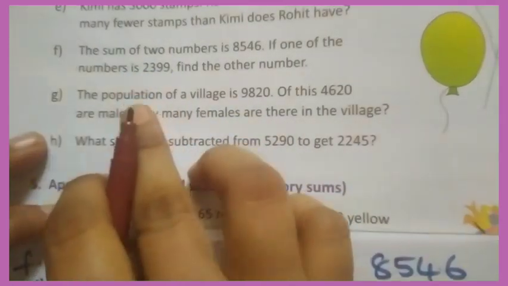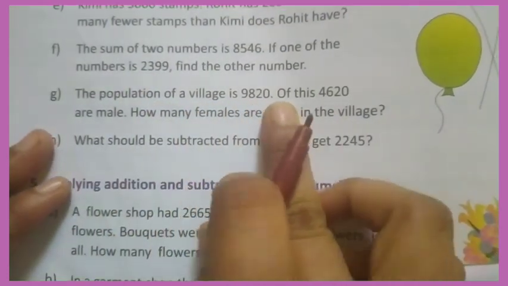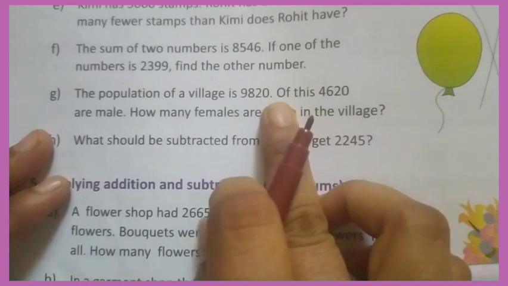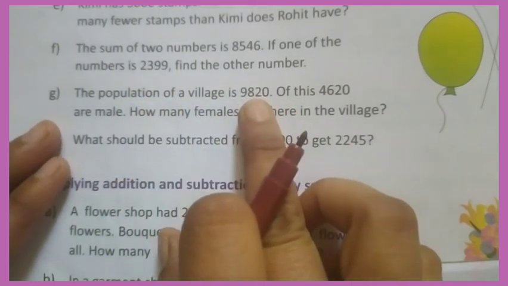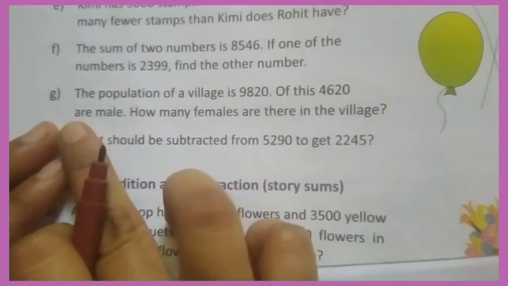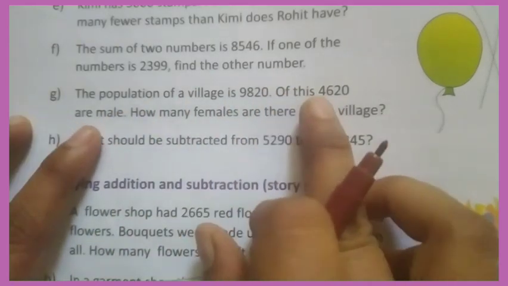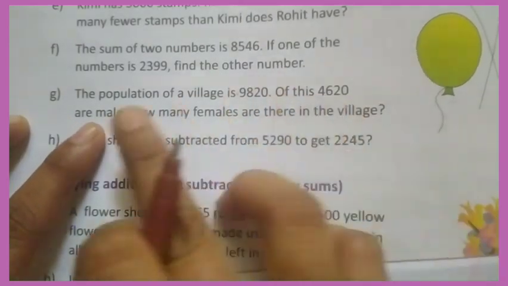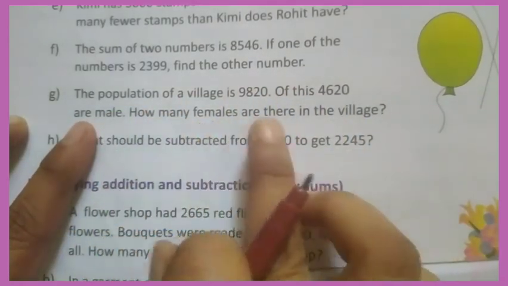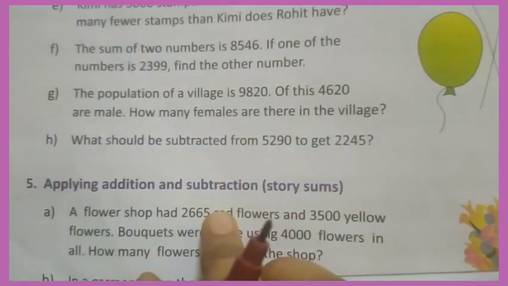Now look at G question. The population of a village is 9820. Okay, total population is 9820. Of these 4620 are male. Okay, male means boys. Of these 4620 are male. How many females are there in the village? We have to find girls, females. Okay. Now